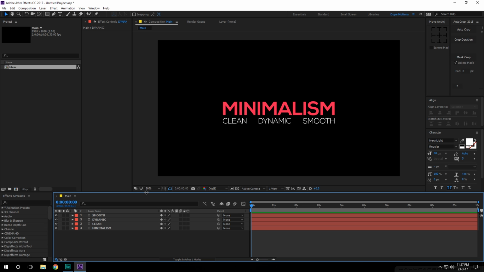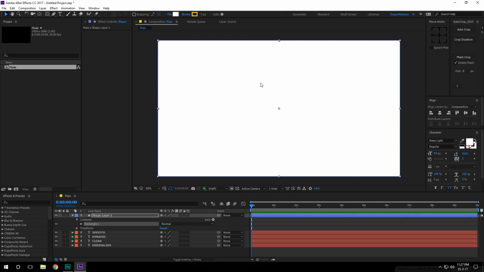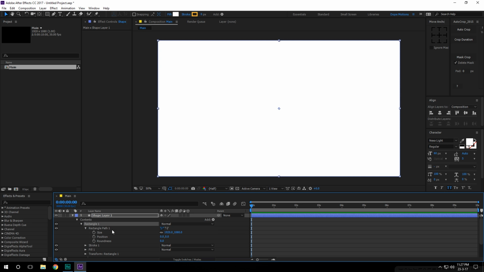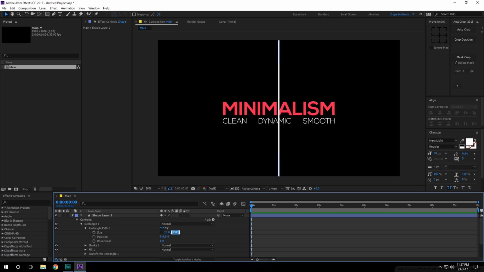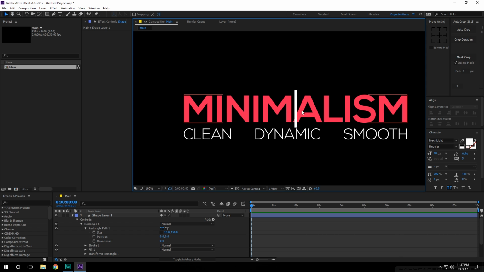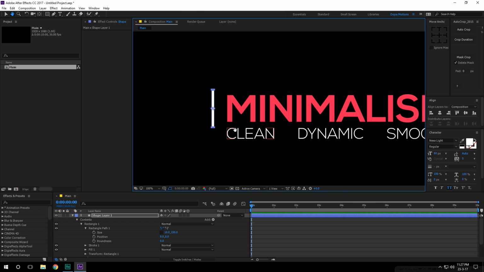Then what I'm going to do is, before starting with the animation of the text, I'm going to start the animation with the stroke. So to do that, I'm just going to double click on the rectangle tool. So it's going to create a rectangle like so. Go to rectangle 1, rectangle path 1, and unlink this. Change the width to somewhere around, let's say, 10 pixels and height to 150. So we have a stroke which looks something like this. We select the stroke and just move it right over here by holding shift,